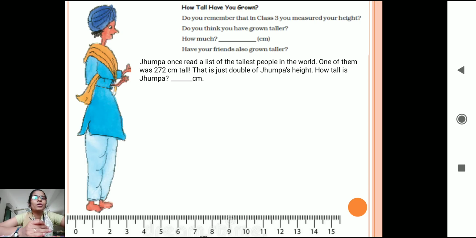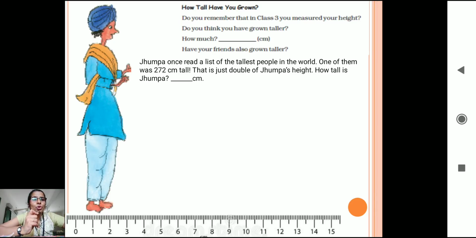Now going ahead, now here see a tall man is standing here. How tall he has grown, right? Even in our school we see our sports sir, Aniket sir, you might have seen, he's so tall. Many of them would have seen him or know him. Or near your place also, in your family also, somebody might be there who is even taller than that. Okay? So, if you remember, in class 3 you measured your height. And if you have not, it is given in your report cards also. Yes, your sports teacher used to measure your height and record it.